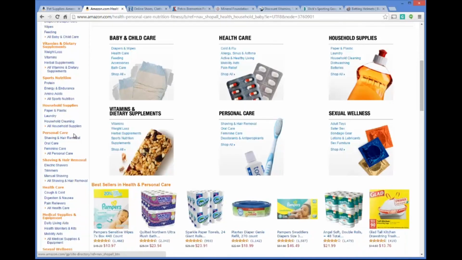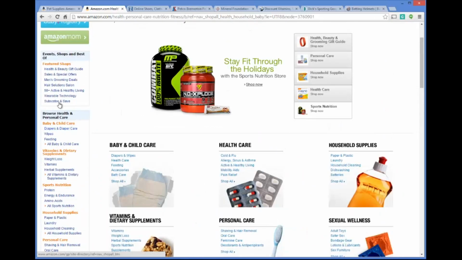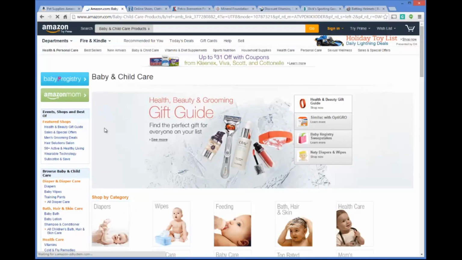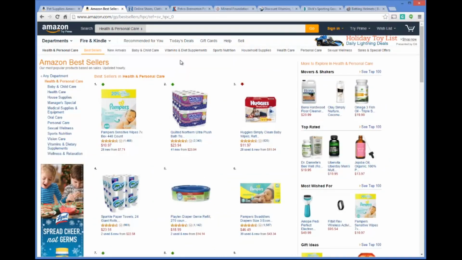Sports nutrition, household supplies. Let's go on down here and let's find, let's see, baby items. There we go. So here's all baby and child care items. And inside this category, again, we could click on best sellers here and find the best selling items in baby care and get a really good idea. And then you could also